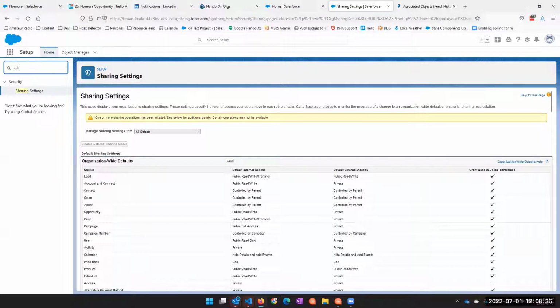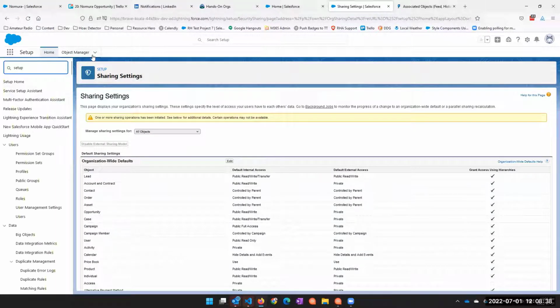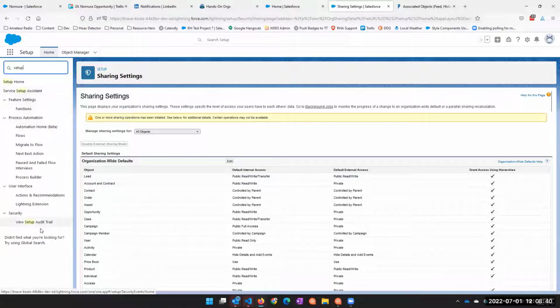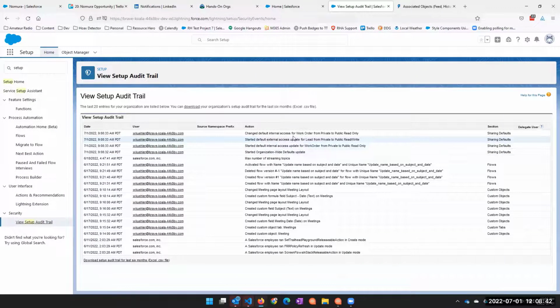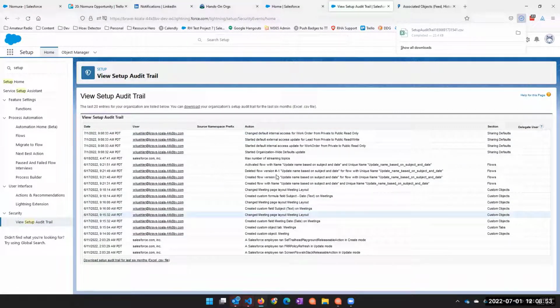And then what we can do now, this is where the big mystery is. Does that change get recorded in the setup audit trail? And let's see. Yeah. So there we go. So I changed the default internal access for work order from private to public read write or public read only, right? So what we could do then is if we download this setup audit trail, and okay, so it comes